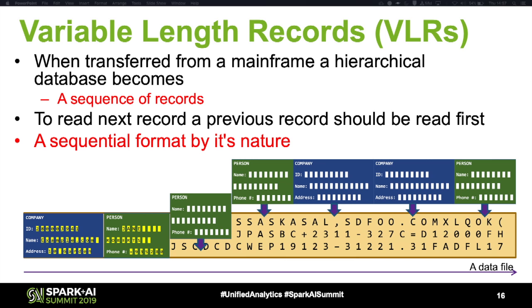So such a file always starts with a root segment record, followed by several child segments. And then again comes a root record as well. The copying tool usually adds additional headers that will enable you to distinguish the sizes of the records or sometimes record types. So such a file is sequential by nature, because each record has only information about itself. You cannot read such a file in the middle, which is one of the obstacles we'll talk about later.